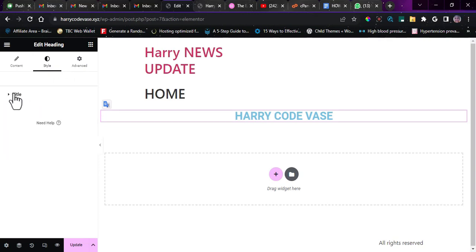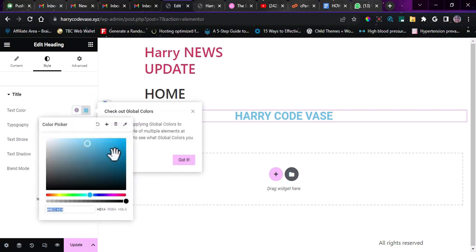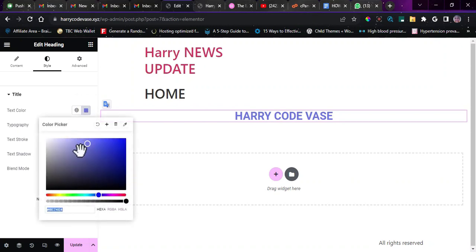Now for the text color, when you click on this button here, you're going to be able to select any color of your choice. You can see the color is changing right now. So any color of your choice. Then this one here